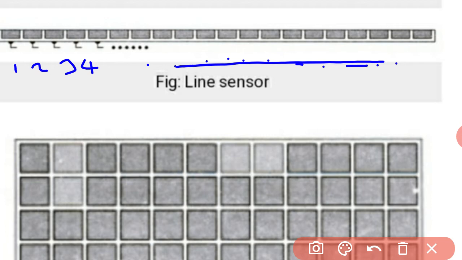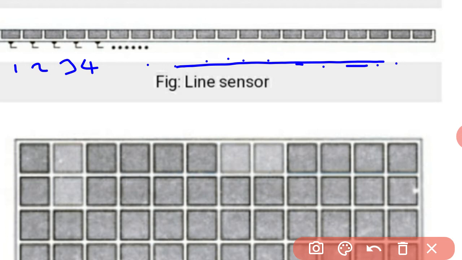It is not suitable for these line sensors. Though a number of sensors are connected in series, it will scan the image only along the horizontal axis or only the vertical axis. But to scan both horizontal and vertical axes,